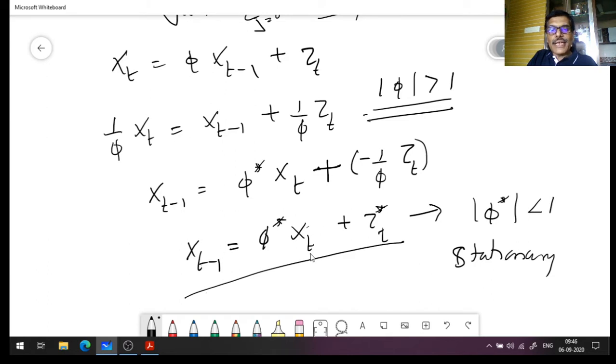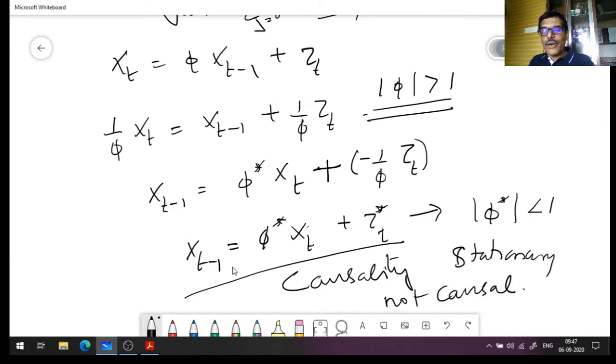So this essentially means that there is an issue, and this issue is what is called the causality issue. Such a process is not causal. That means you cannot write it in terms of the past z_t's. That's what happened, because x_{t-1} is going to depend on t. Actually, we should write it in terms of the past values. In fact, if I am writing x_{t-1}, it should involve only t minus 1, t minus 2, t minus 3, etc. That's not happening here.